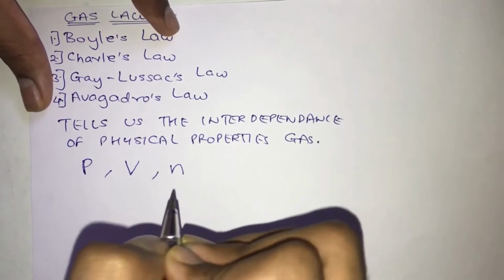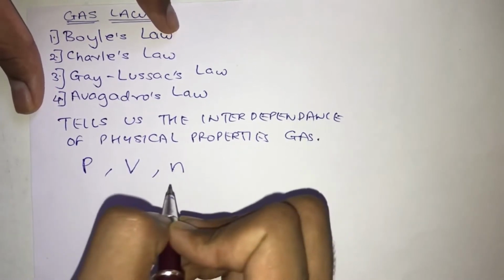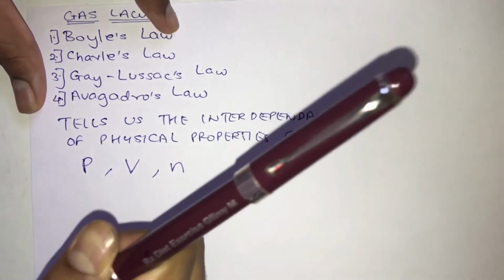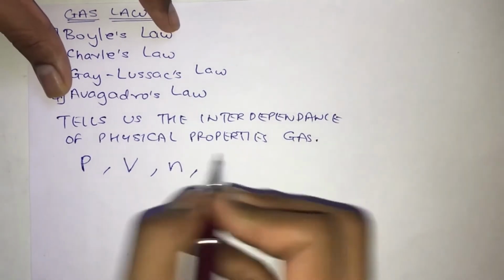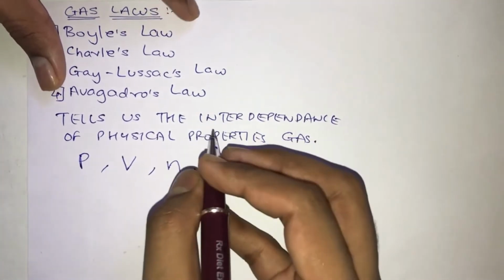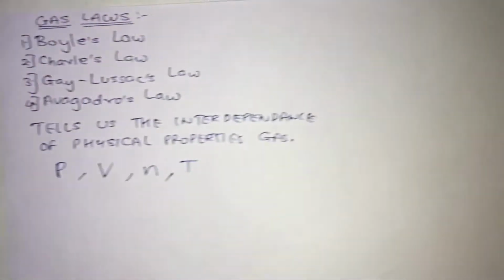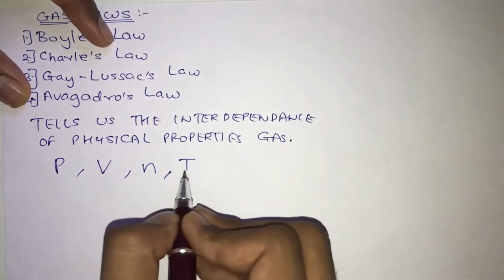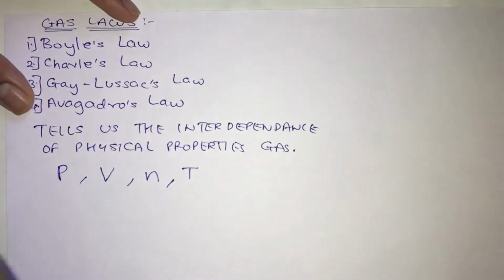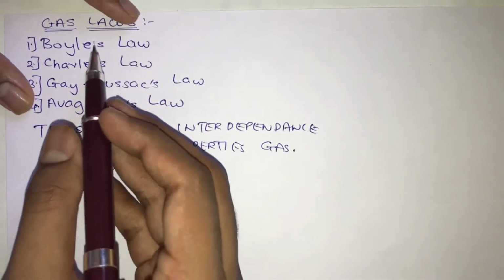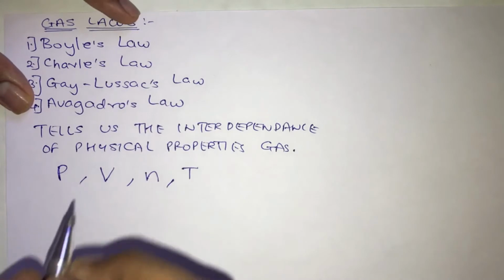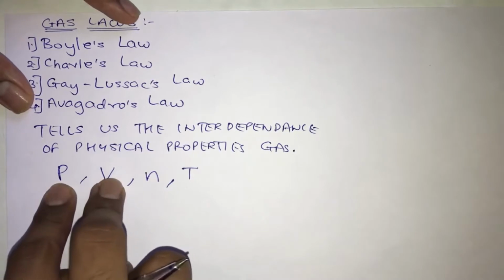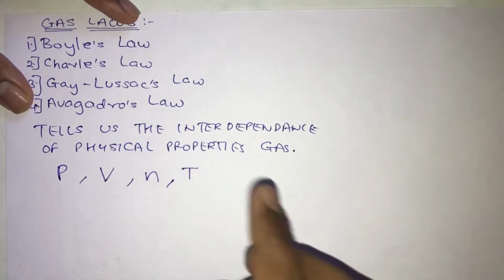And guys, if you don't know what moles are, don't worry, I have already made a video on that. You can find the link in the description box below, or you can simply click on this I button over here. Okay, and the other factor over here is nothing but your temperature, which is represented by T. So the physical properties of gas are nothing but pressure, volume, number of moles and temperature. Now what is the use of these gas laws? In each of the four gas laws, we will be keeping two of the quantities constant, that is we will not change two quantities, and we will find out the relation between the third and the fourth quantity.